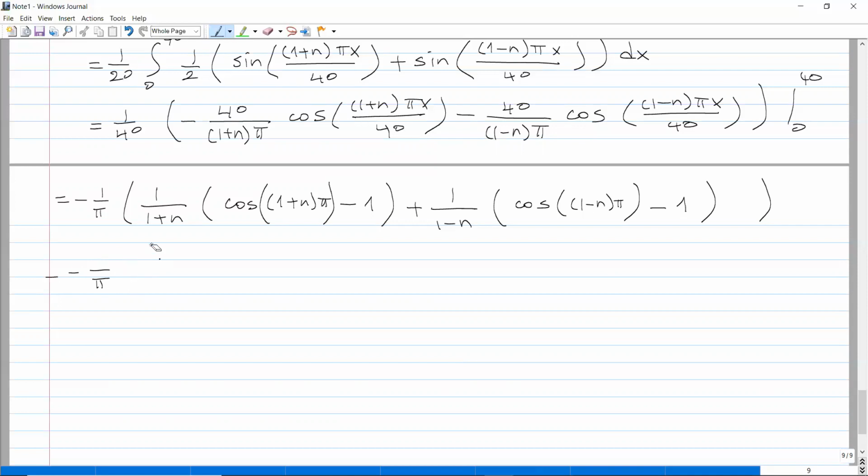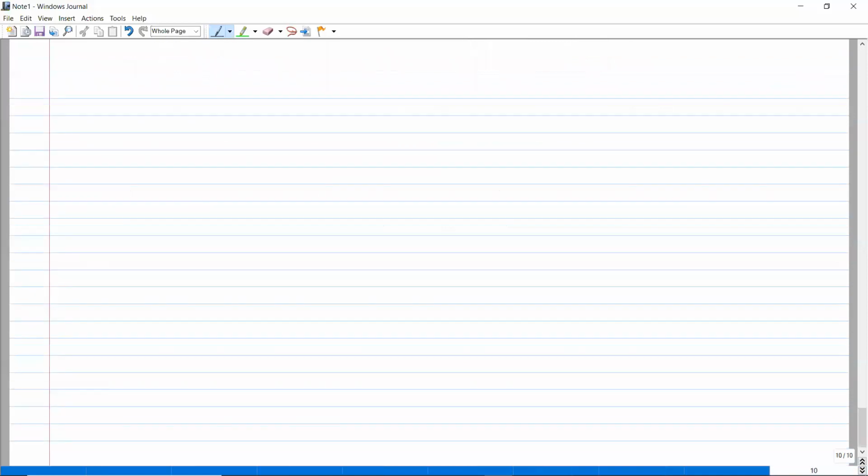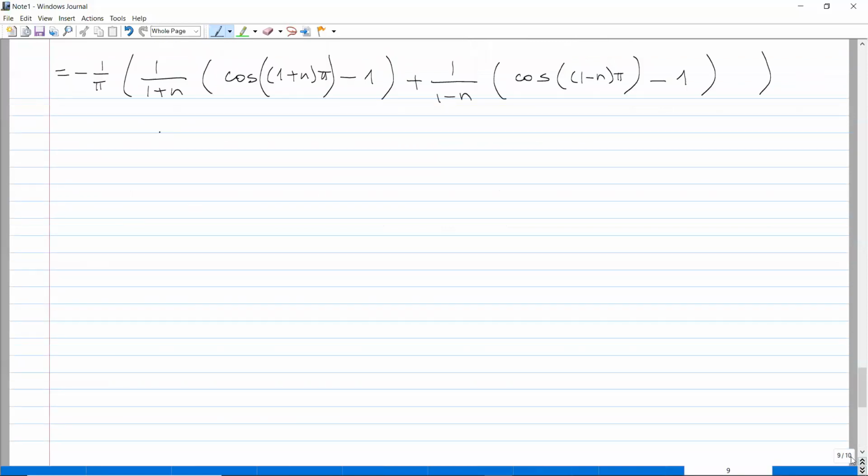Yes, let's keep it this way. Okay, let's keep it this way. Now, cosine of n plus 1 pi depends on whether this number is even or odd, meaning depending on n. If n is even, then